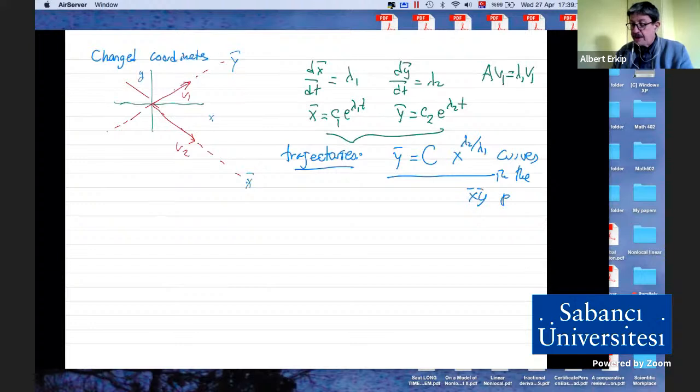In the x bar, y bar plane, these will be certain curves, and in the xy plane, they are kind of shifted, turned a bit. Okay, so I know all the trajectories. Now, there were cases,